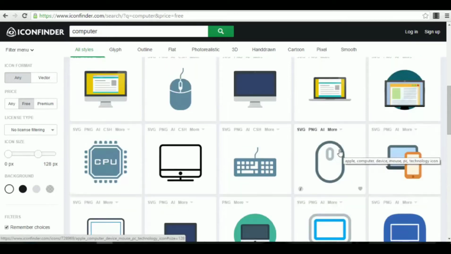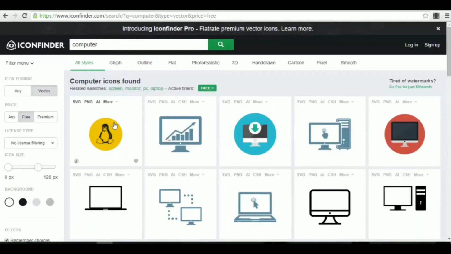in your images. You can select here, for example, vector, maybe you want just vector icons. Icon size, maybe you want bigger icons. So you can find different types of icons. You just have to select your filters, set your price range for free, or maybe if you want to buy them on premium, and download them and upload them in your account in Snapio, and then use them in your